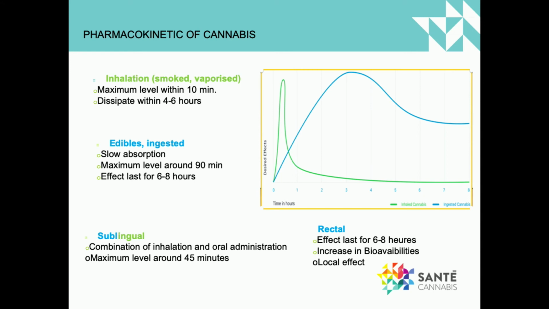So really rapidly, we review with the patient the pharmacokinetics of cannabis. So inhalation is like an as-needed dose of opioids. It acts fast and goes out fast of the system. So it's to use as needed for breakthrough pain or anxiety. So it's really rapid, and then the effect goes out within 2 hours.